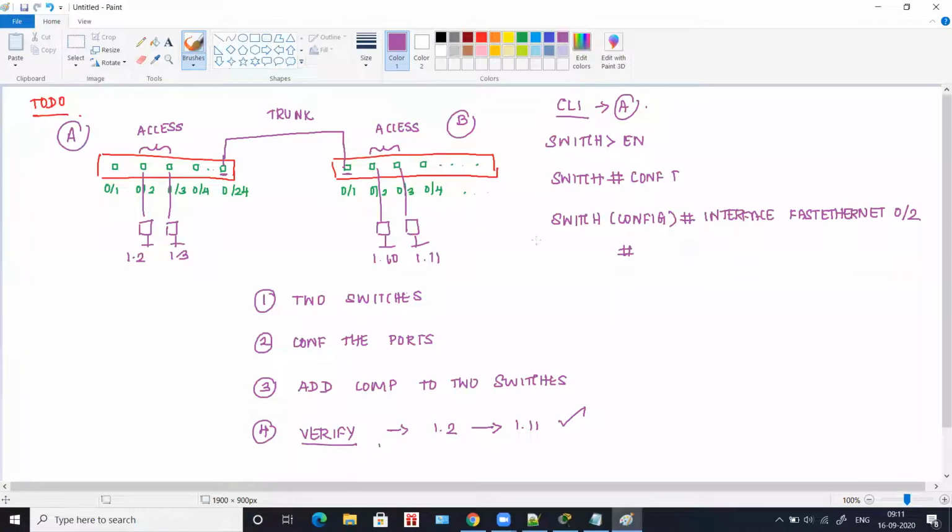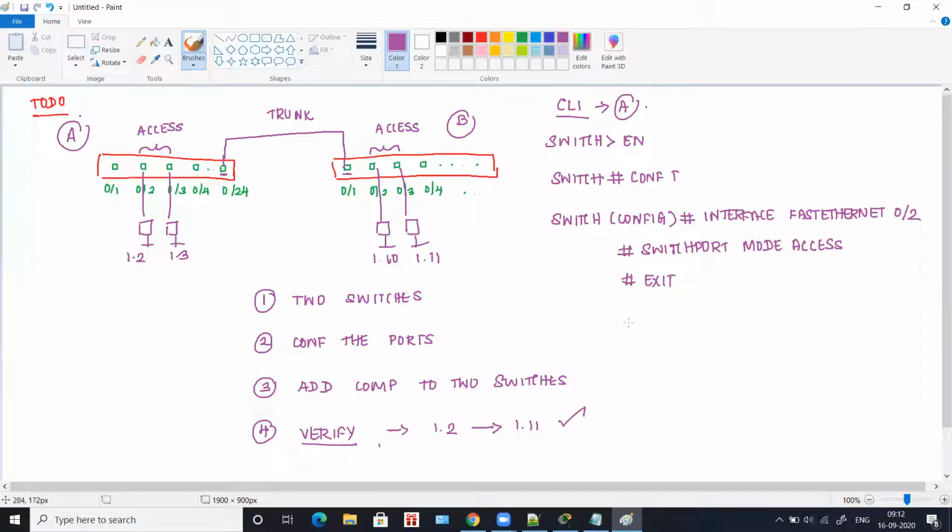So it is going to be switchport mode access. You're going to make this port access and then you'll give exit. Yes, so now you have made 0/2 an access port.